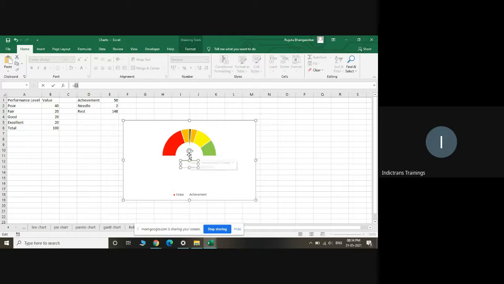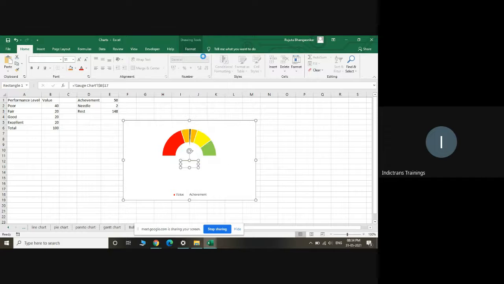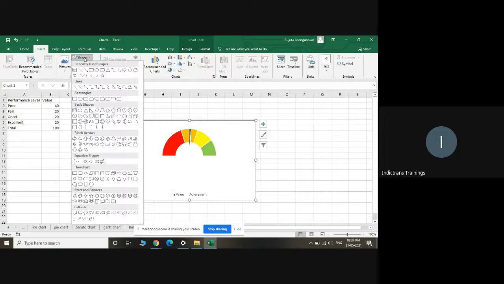Okay. Just delete this and drop the text box. You drop the rectangle, right? So you just delete this. Okay. Go to insert shape and drop the text box. The first one, top left. Yes, just drop.